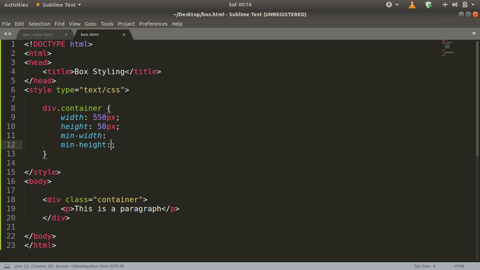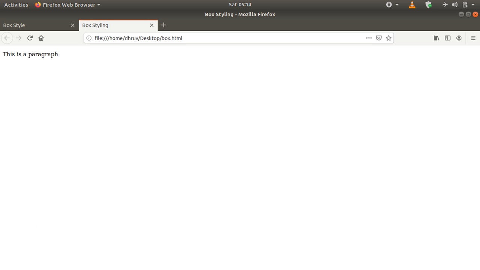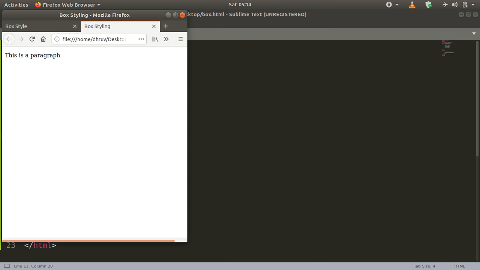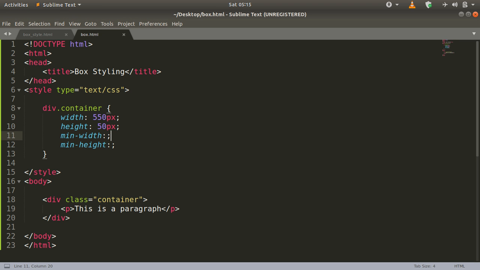I'm not going to specify them right now, but let us resize the page, and you can see that as we resize the page, it stops at a particular point, and beyond that it doesn't change the size. What min-width and min-height do is provide a minimum limit.